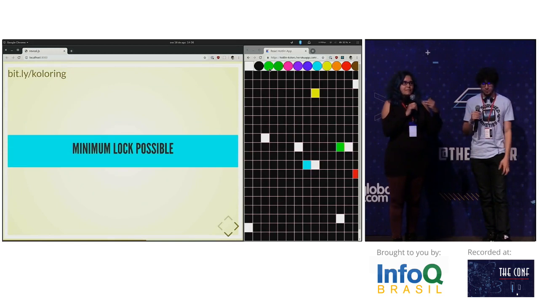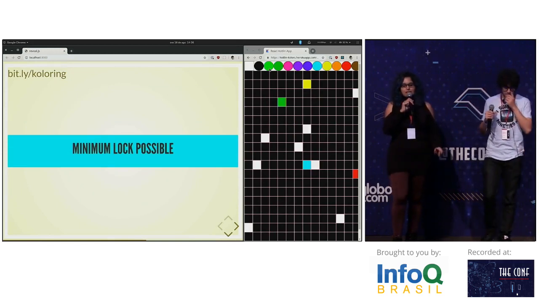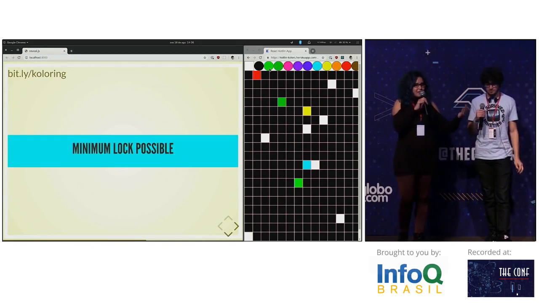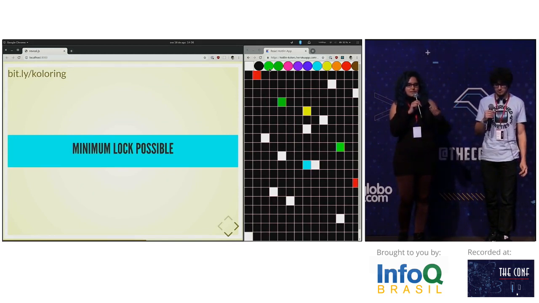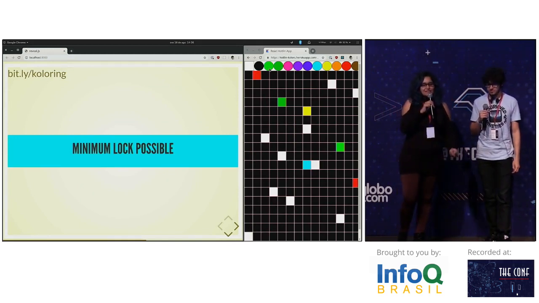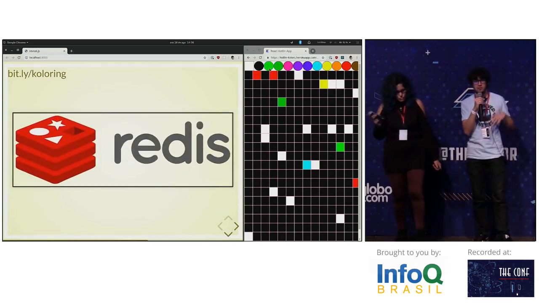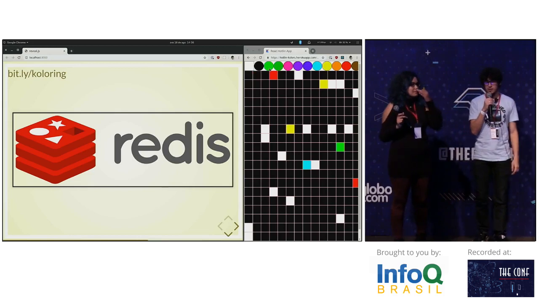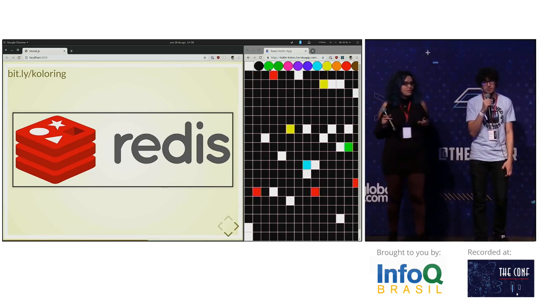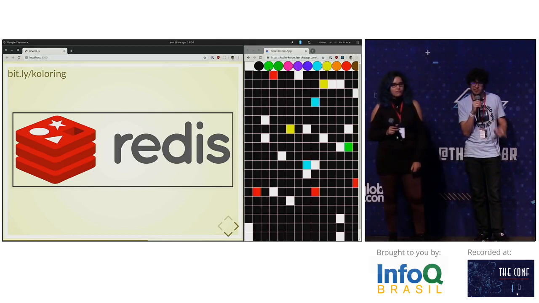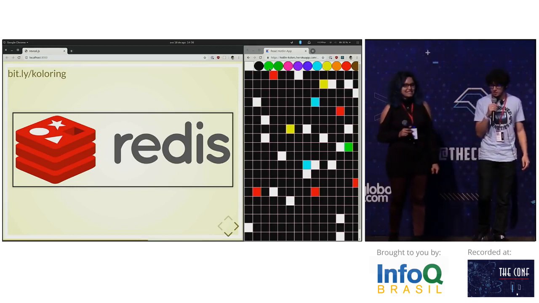And we need the minimum log possible here, because we need to focus on the performance of the coroutine stuff and the Kotlin stuff, not the database. So, yeah, after all these points and a lot of Googling and talking to a lot of colleagues, I ended up checking Redis. It had all the things that we needed. We have to hack it a little bit, but that was the idea.